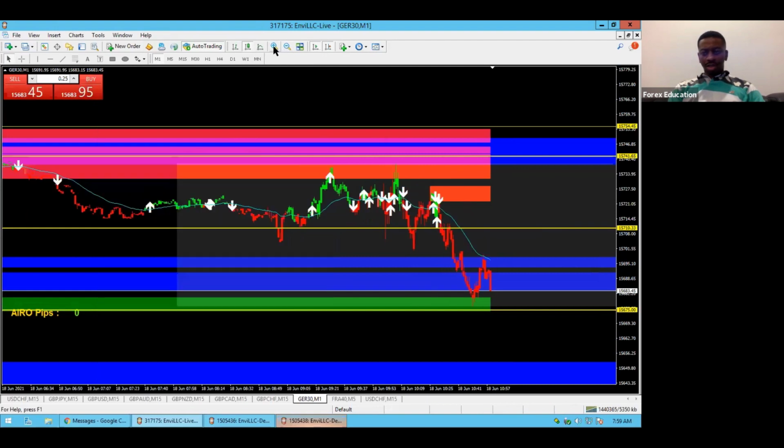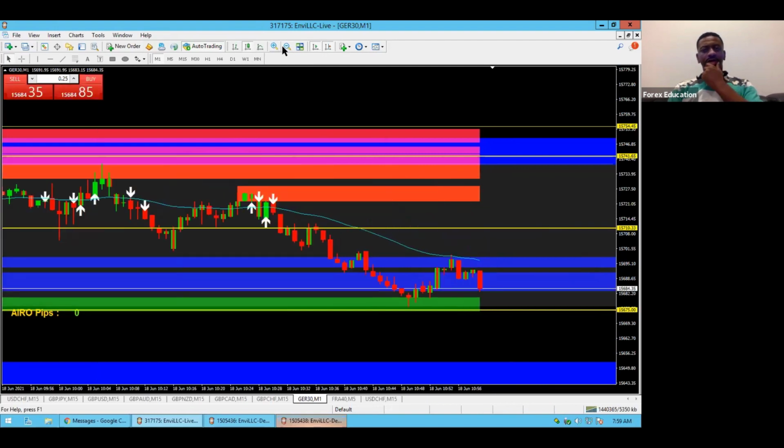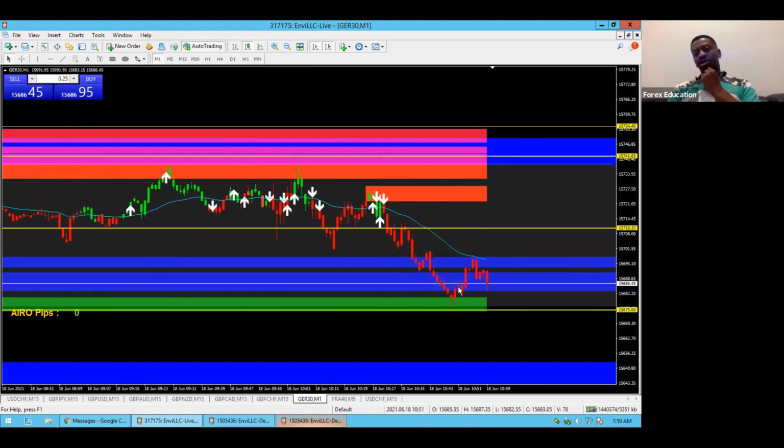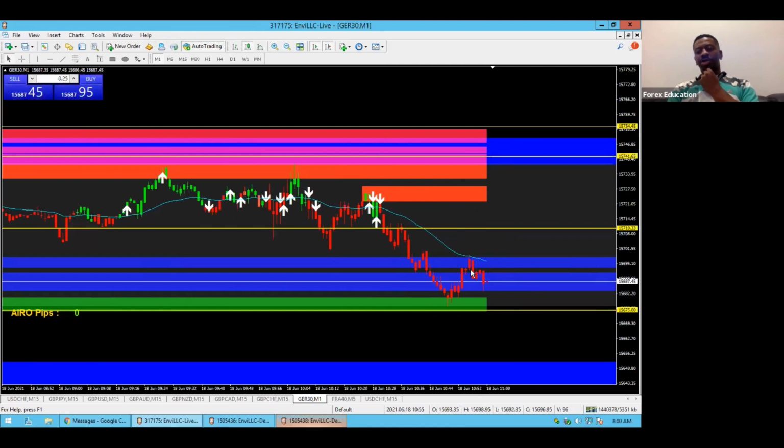All right, so what it did here, so you guys see what I see, is I'm looking for it to come back in here and retest. It retested all right, but it came back to retest the second zone. You see, it never broke it. And then it gave the immediate bearish engulfing. As soon as I saw that, I said, oh no. It's just going to continue this sale.